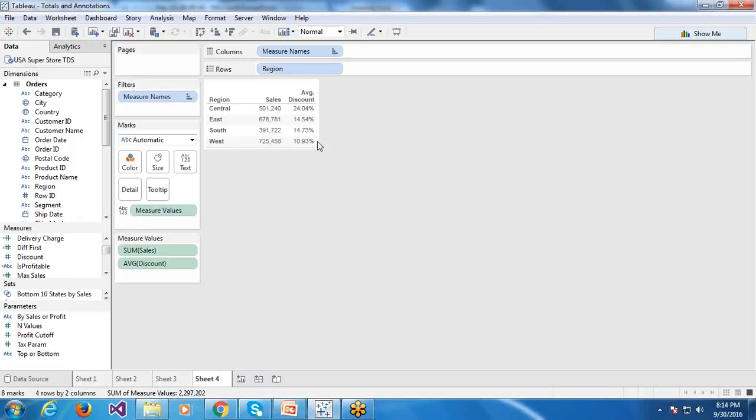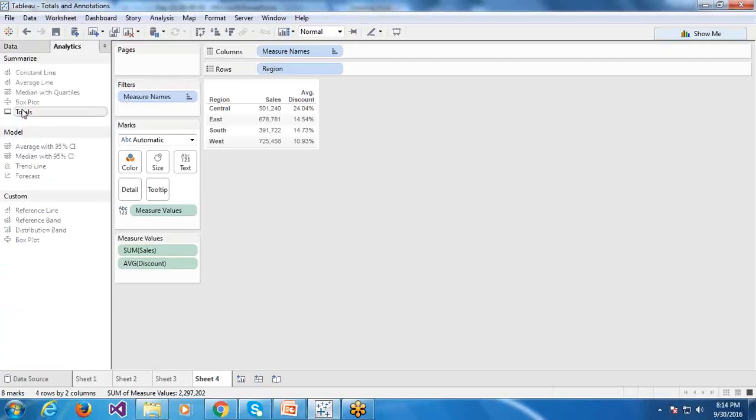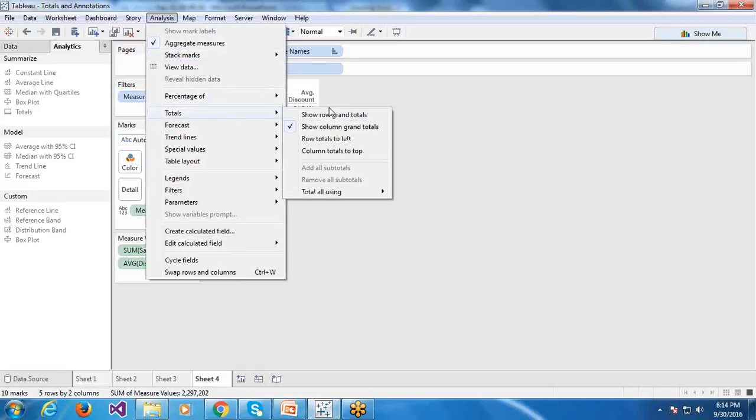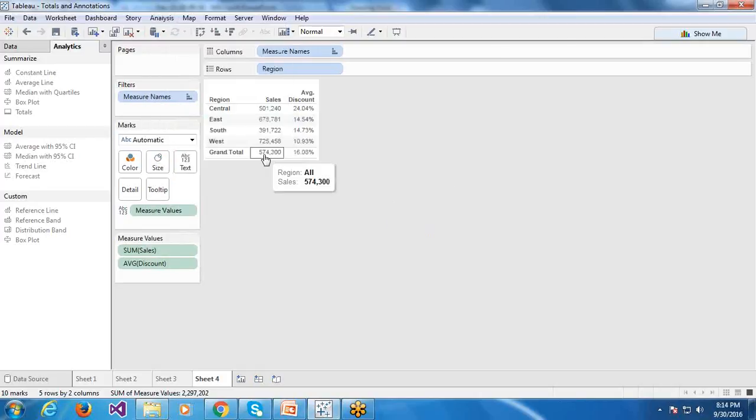Okay, so this is how it is computed. Now what I want to do is enable grand totals. Now here it is okay for me. I want sum here, but I want the average of these values here, not the average of the underlying data. So what should I do? I have to go to analysis, totals, analytics pane and say totals and average, right? But it is computing average for this one also. I want total here, but I want average here.